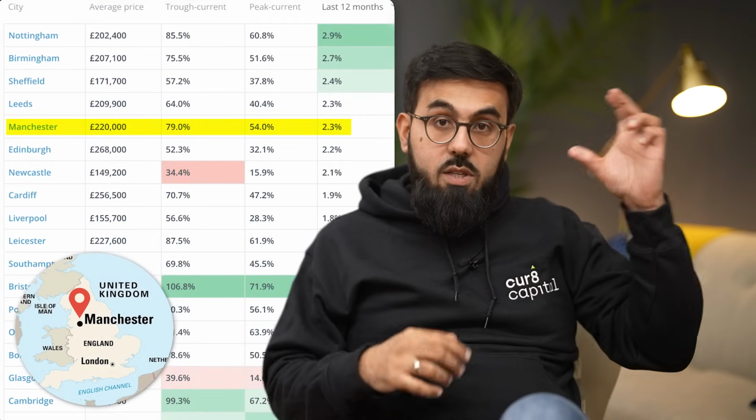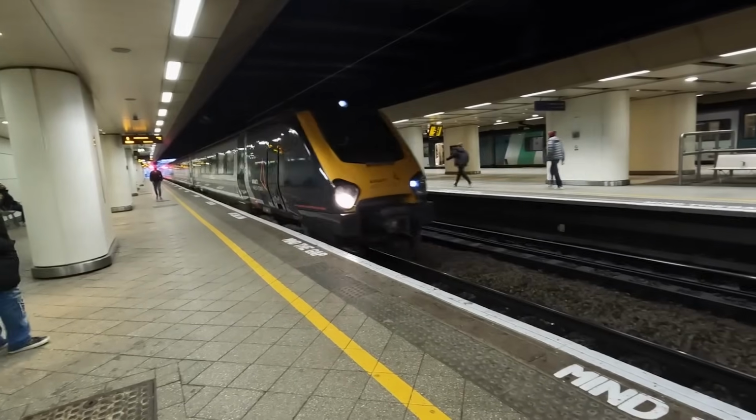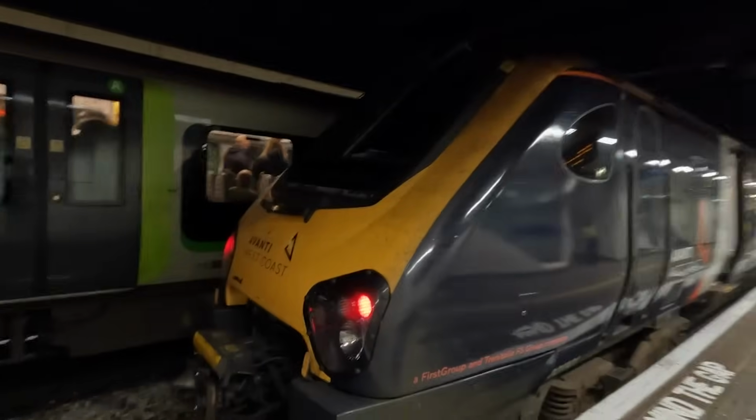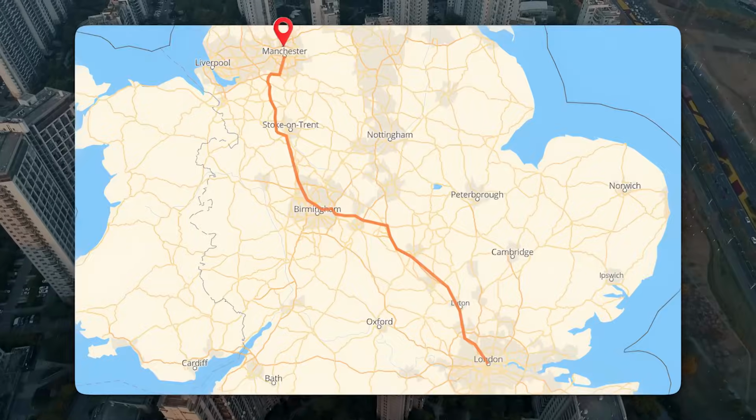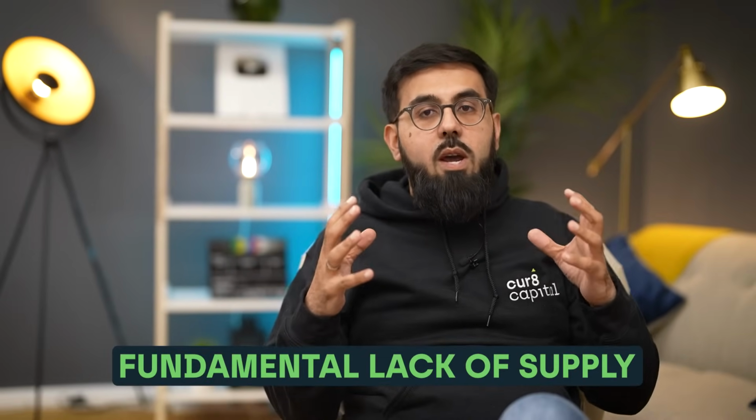I am, inshallah, moving to Manchester, which is one of the top 5 cities on that list. I'm moving there because it's got excellent transport links to London and I will need to commute in regularly, and because my parents and in-laws are living there or near there as well. If I save up more personally and want to allocate that to property, I will be investing it in flats and other rental assets in and around Manchester, Birmingham and London. The thesis is that these assets will give me a nice yield and also appreciate over time, because there will be a fundamental lack of supply regardless. Even if we ramp up very fast, it will still be something that appreciates in value over time.